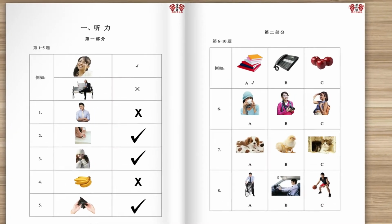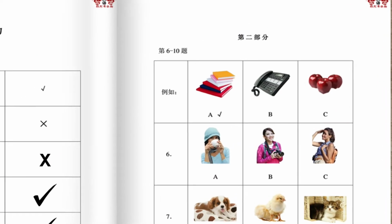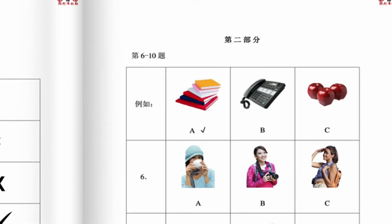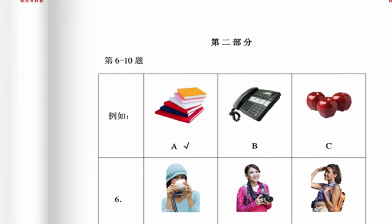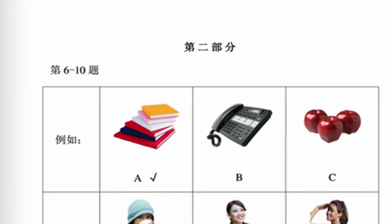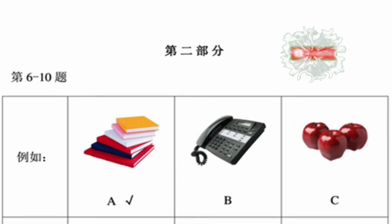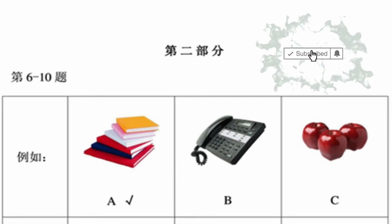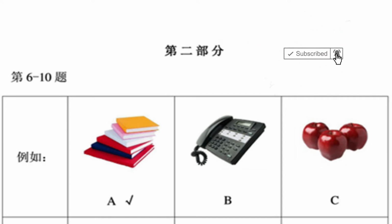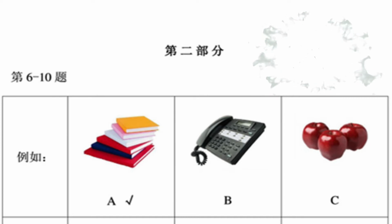Now we are in the second segment of the first part. In this segment, each question has 3 pictures. Listen to the statement and draw the tick mark sign in front of the corresponding alphabet of the correct picture. See the example, please. 第2部分，一共5个题，每题听2次。例如，这是我的书，